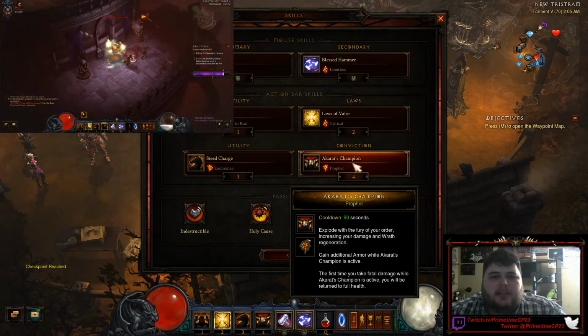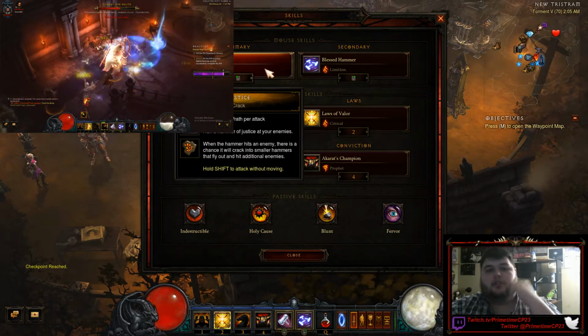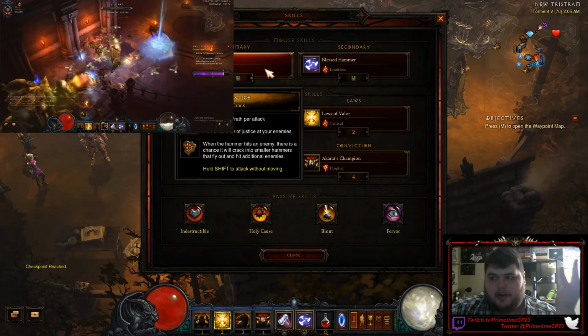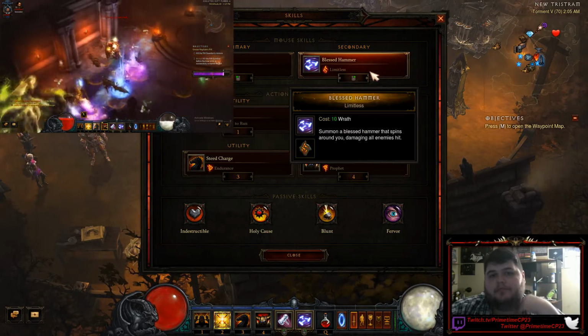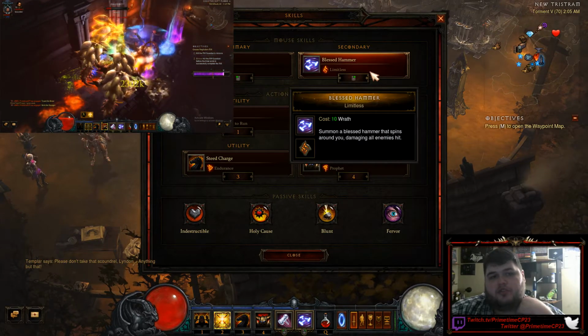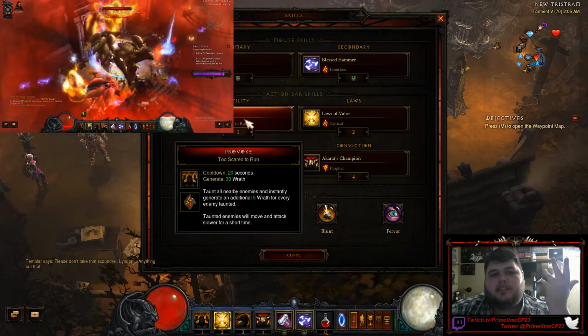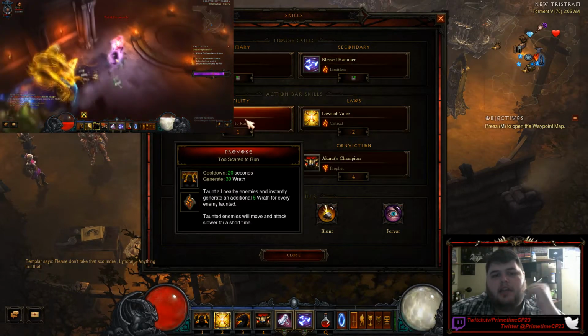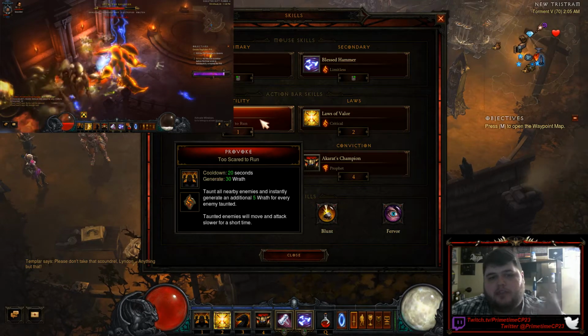So Akkhan's Champion is holy damage. Justice is using Crack, which is a holy rune. You don't actually have to use Justice most of the time. And then Blessed Hammer with the Limitless rune is going to be your main damage dealer. When you start to run low on resources, you pop Provoke, which is going with the Too Scared to Run rune, which is going to give you back your